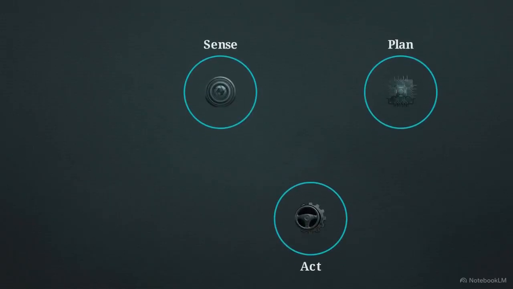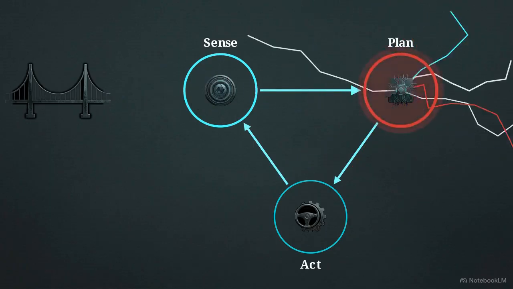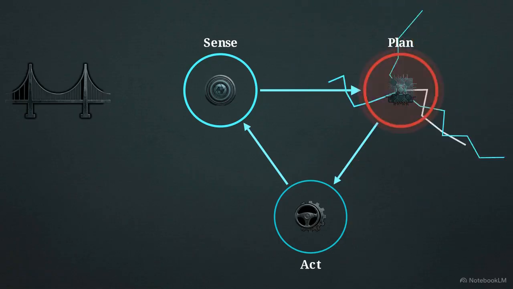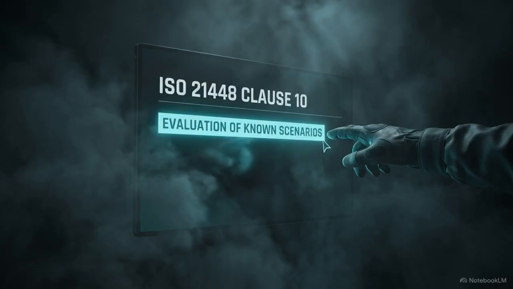Self-driving relies on a loop: sense, plan, and act. Vulnerabilities start in the sense phase. A bridge's steel cables can confuse radar, generating ghost targets. Fed into the plan phase, the system scrambles to calculate a safe trajectory based on an inaccurate environment. Clause 10 of the SOTIF standard dictates exactly how engineers must handle these cognitive gaps.